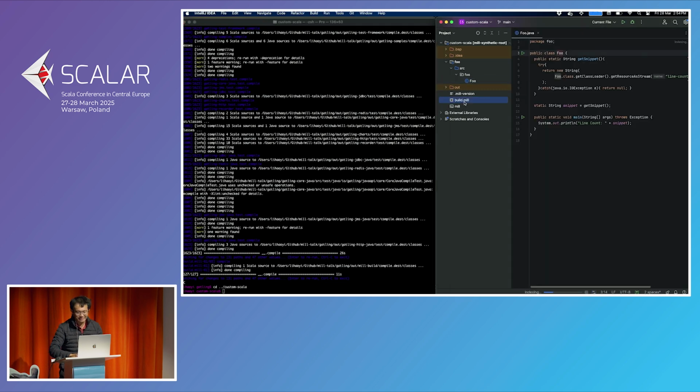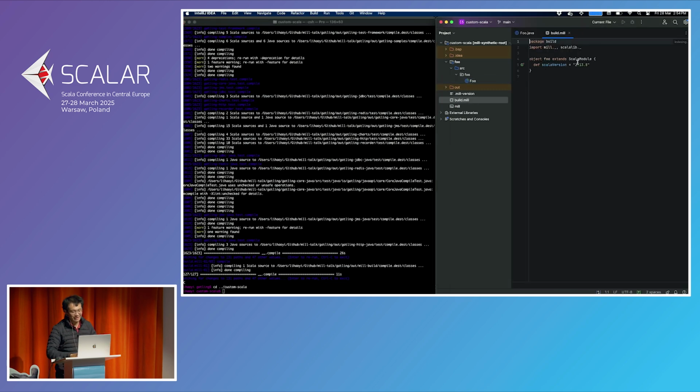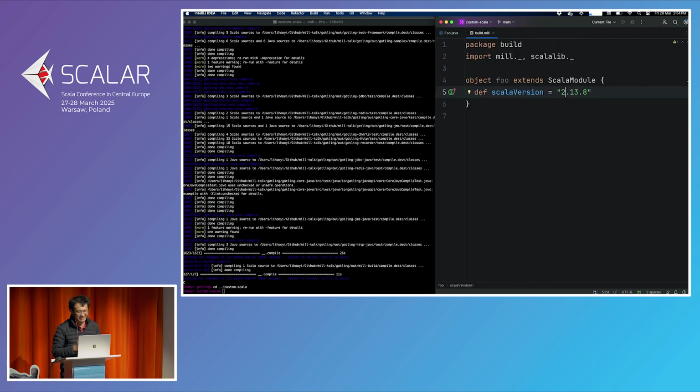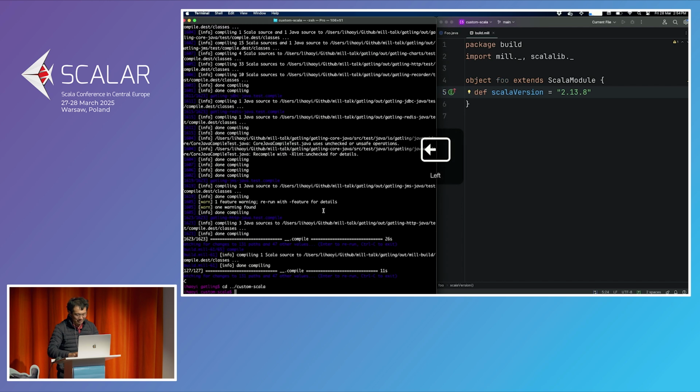Okay, so here's a kind of minimal build file for Scala. You can see it is very minimal. There's not much here. And yeah, Mill has the same defaults as SBT or Maven or Gradle, all your standard source locations, standard resource folder, so on. You can customize it. There are a few different defaults you can choose, but if you don't have a particular preference, there's not much to customize. So I can compile this code, mill foo.compile,